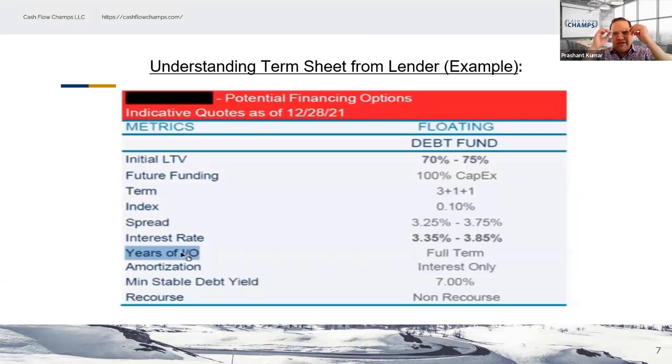You have neglected the property and you have done fishy things on the property. Then that bad boy clause gets activated, and that non-recourse loan gets converted into a recourse loan, meaning that the lender can take away the property, sell it in the market, and if they don't get enough money for the property, they will come after your personal assets.